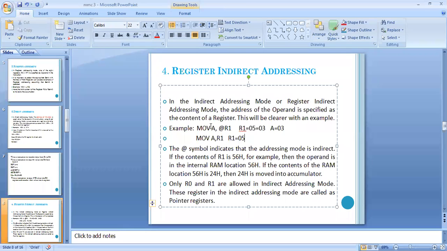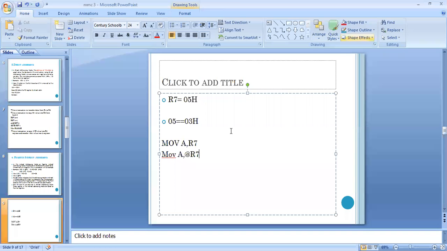Repeat. Okay. So the fourth addressing mode is the indirect addressing mode, also called the register indirect addressing mode. In this type of addressing mode, first we have to use the @ sign. Whatever value is stored in the register is taken as an address, and the data stored at that address is copied into the A register. Now tell me, what is the output after the execution of the first instruction? A becomes